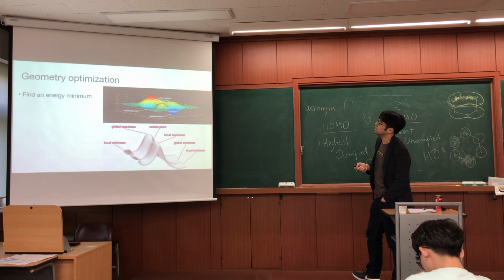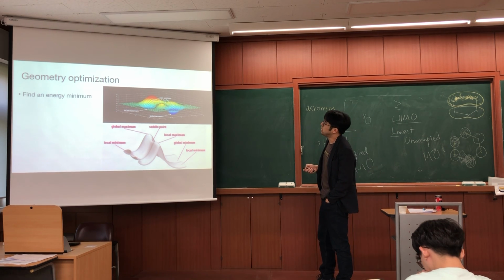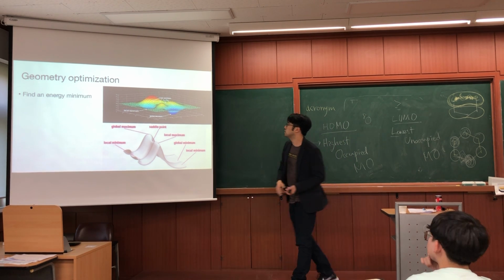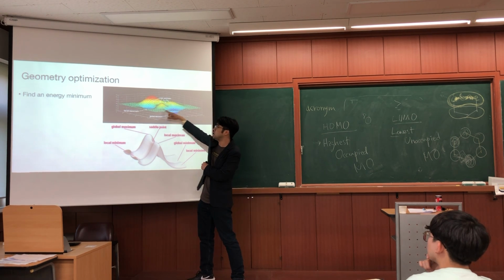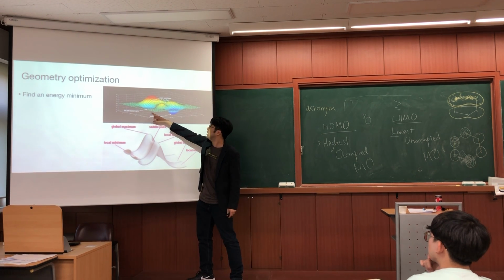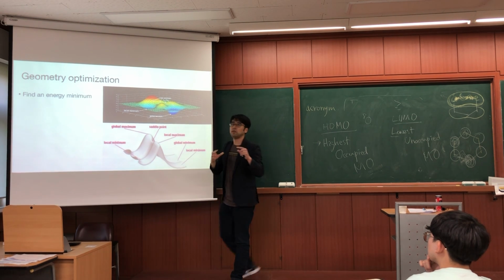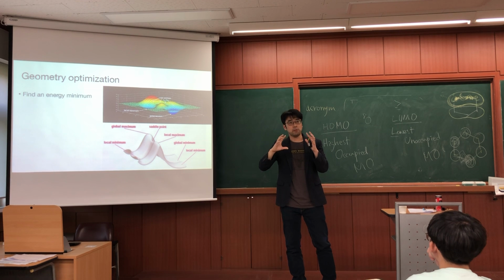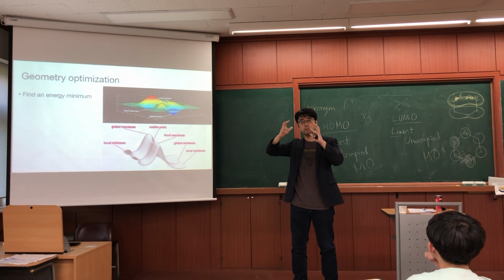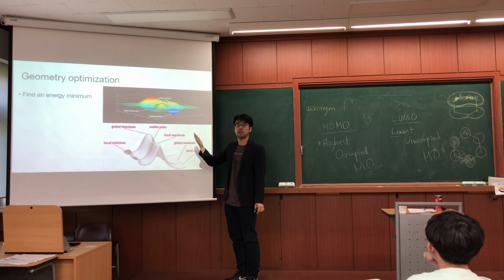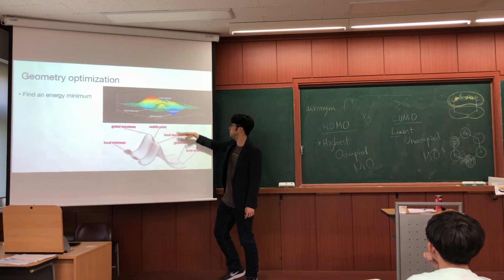The most common task of Gaussian is geometry optimization. Geometry optimization means that it finds the energy minimum. For example, in this plot, the x and y point is one conformation. As we learned in the organic chemistry class, one molecule can have multiple structures, right? All those structures have different energies. So usually, we are interested in the low energy structure, the low energy conformation, because